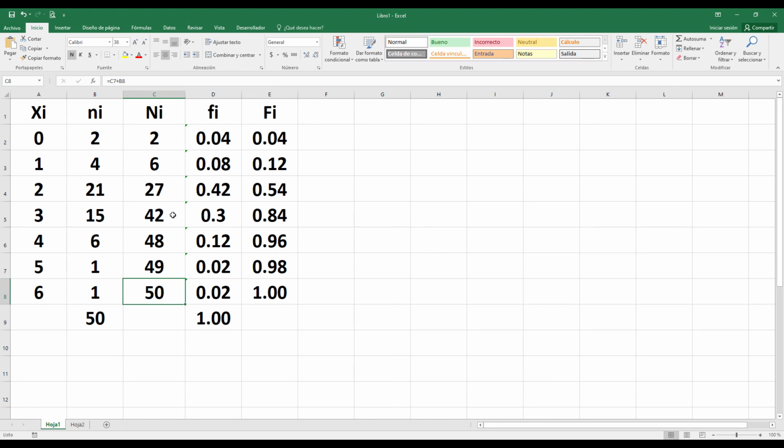The relative frequency, you need to divide the absolute frequency by the total. And the last one, cumulative relative frequency, is to add above all the rows.